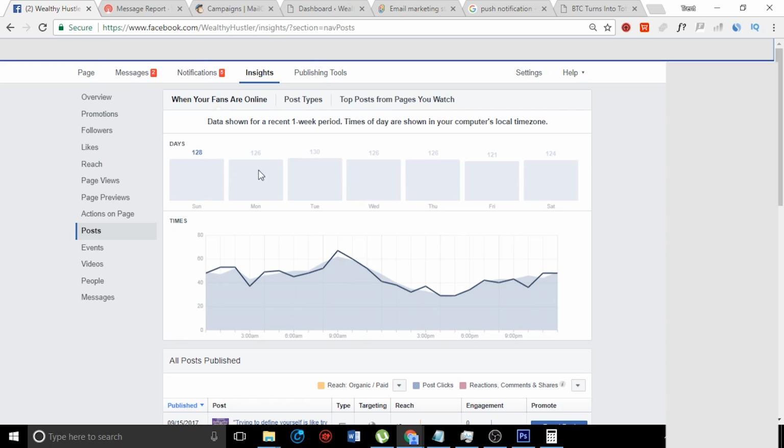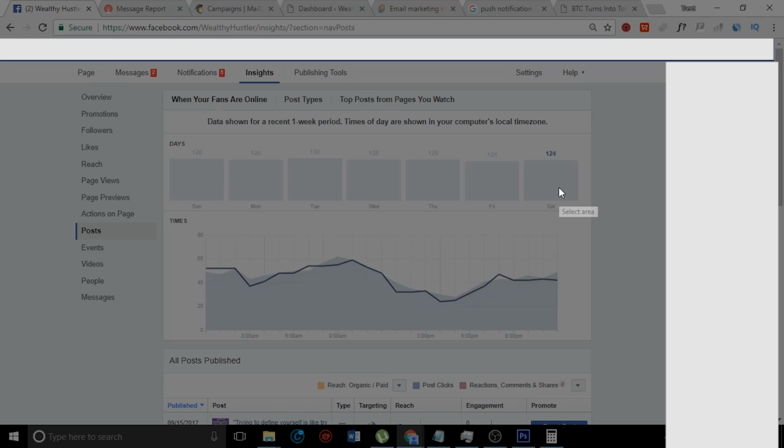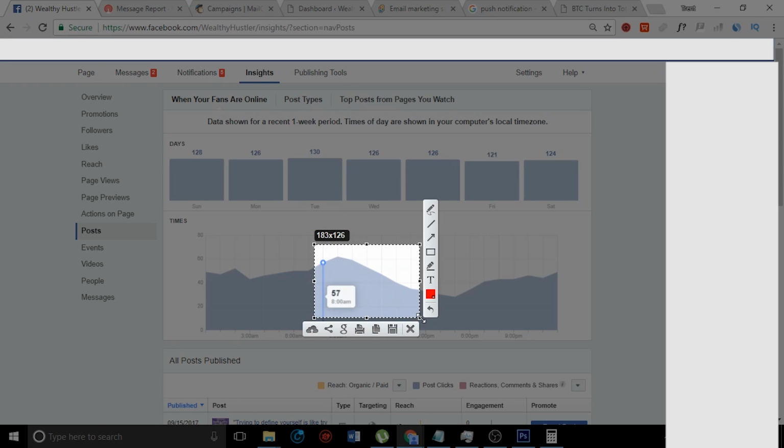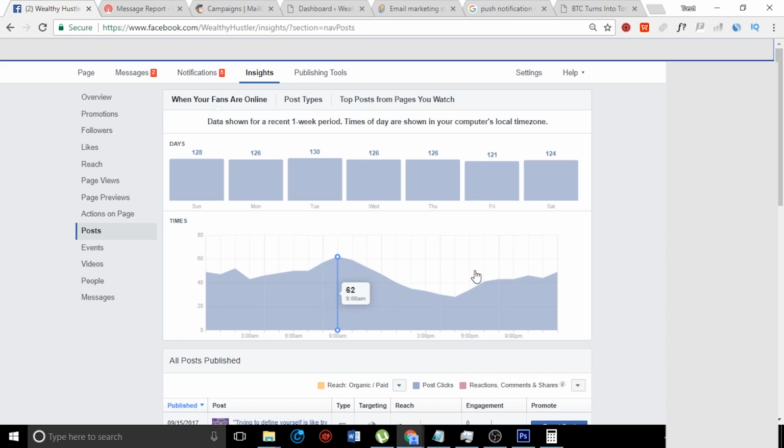Oh yeah, you can sort from different days. So let's say on Saturday, I want to set up a campaign for tomorrow. And we can see from here that right here is our peak time. So we want to try and be within this time frame. And that's the morning. That makes sense. But see, at 6, I was doing it wrong. Because I was at like 50 people maybe active compared to 60. You always want more. So it'd be a good idea for us to start around the 8 o'clock area, or